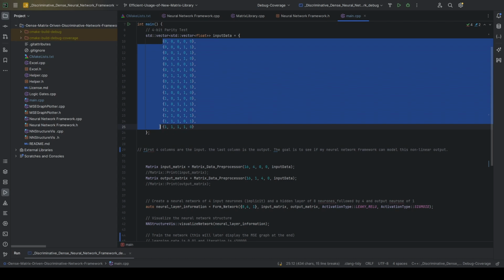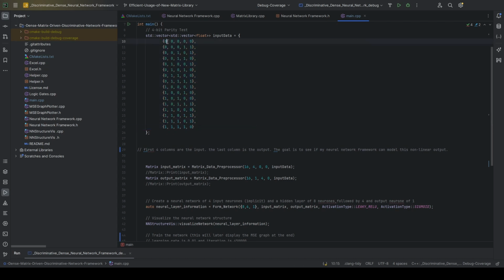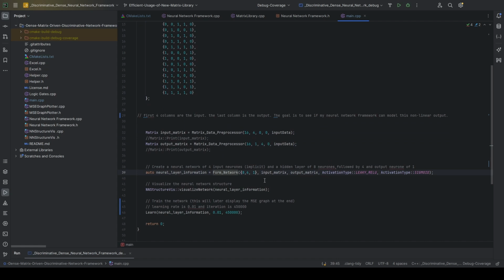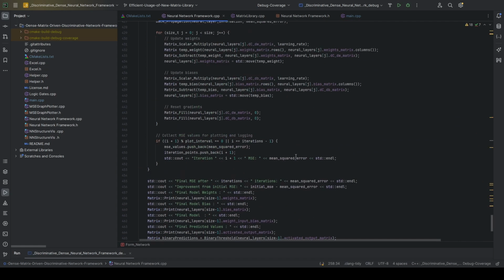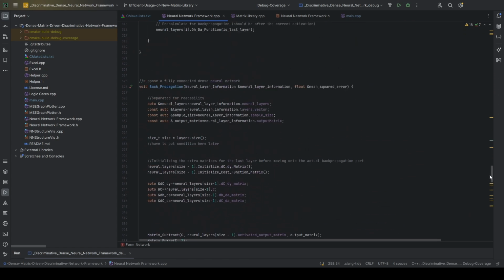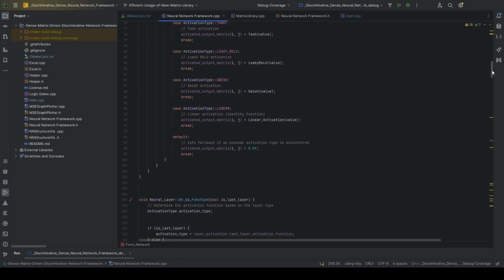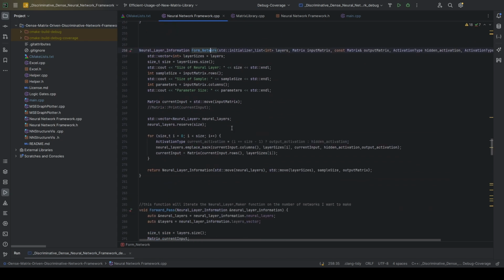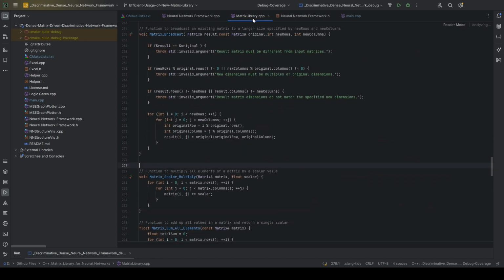It has a sample size of 16 because there are 16 inputs, and then you have 4 parameters here, and this has been divided into an input and output matrix. The form network function is responsible for forming the skeleton of the network, which I'll quickly go through here. So this is the form network function; it will form the skeleton of the network,